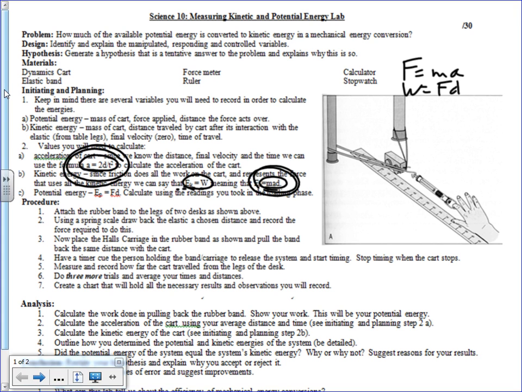Now, what if your car goes off to the side a little bit? Is that okay? It's fine. Okay? It is fine. Just measure straight. Okay? So you'll have to eyeball a little bit when you get up to the level of the cart. Okay? My recommendation would be to